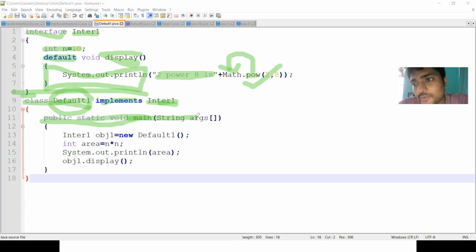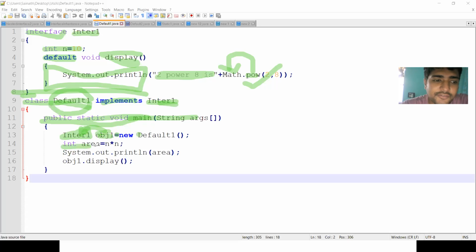I need an object to access all these things. So I am creating an object obj1 of type inter1, which refers to the class default1. We can have the class name here, but we have to refer to the interfaces, since we are discussing the concept of interfaces. So the object obj1 is of type inter1.